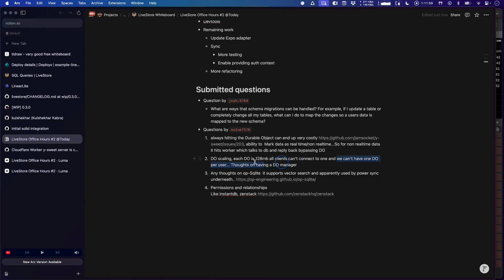We can't have one durable object per user. That's the entire point of durable objects. And my suggestion would be to see whether your application can be built and architected in that way, where you basically want to